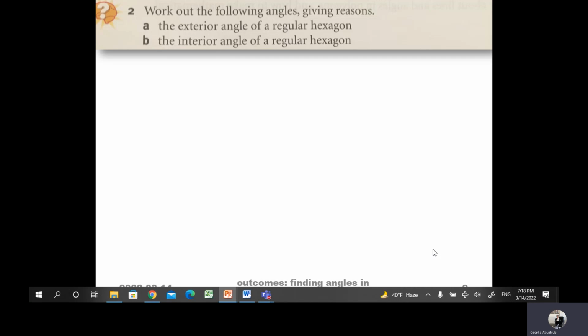Work out the following angles giving reasons. The exterior angle of a regular hexagon. The name of the shape,